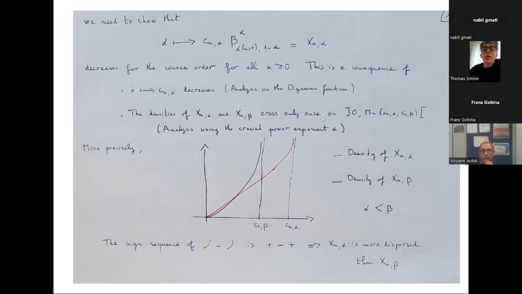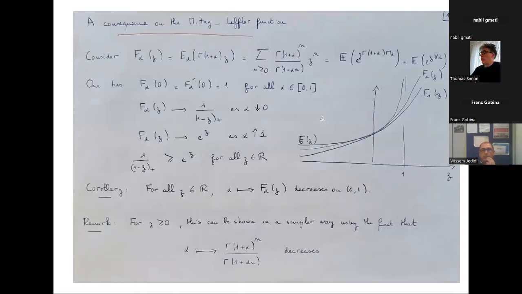And I think I will end this talk with the next slide, because I am almost out of time. There is a consequence of this convex ordering, which I found interesting. If you go back to the moment generating function, which is a Mittag-Leffler function, and take a certain normalization, which is what I am writing down now, which means that you consider the Mittag-Leffler function at gamma 1 plus alpha z, you make a light multiplicative shift.